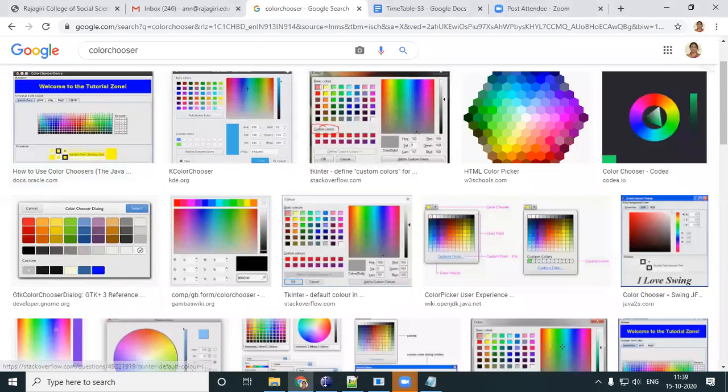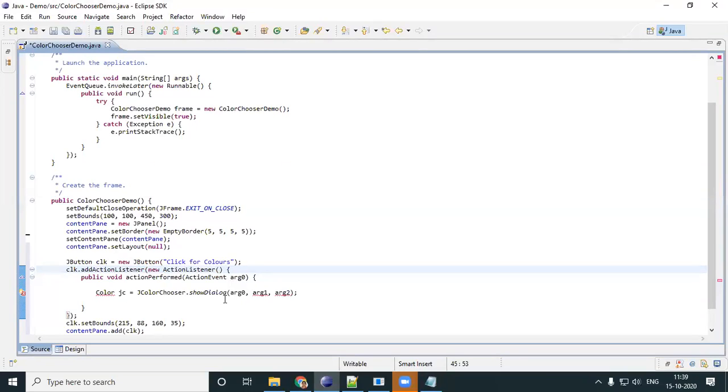Now, that was the dialog box. The dialog box will have 3 arguments in a color chooser. The first, of course, will be null, which means this particular frame itself. The second will be the text for your color chooser: pick any color you want.